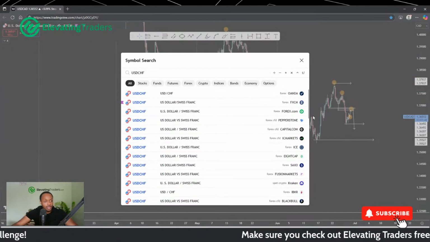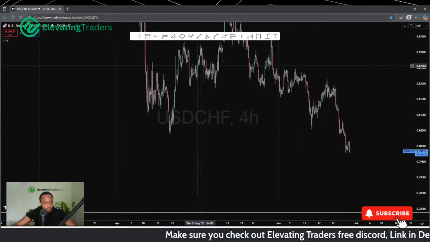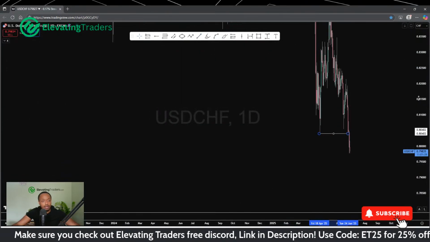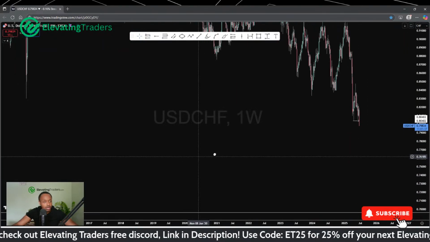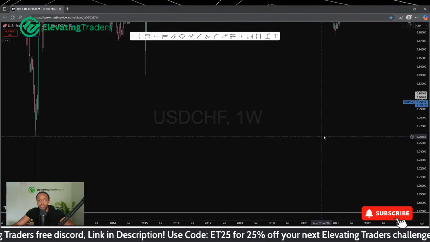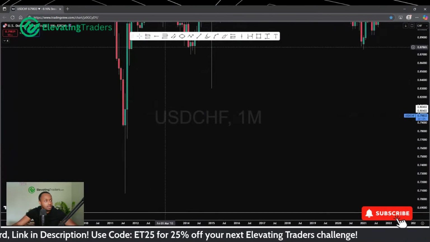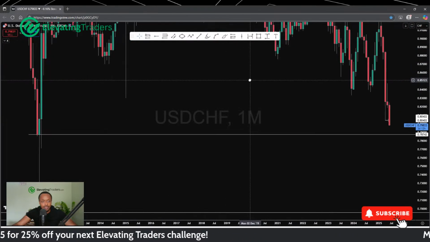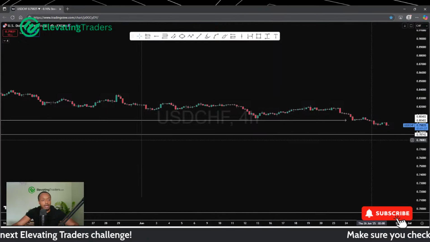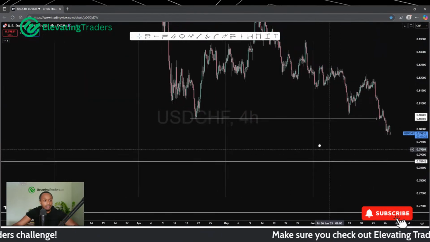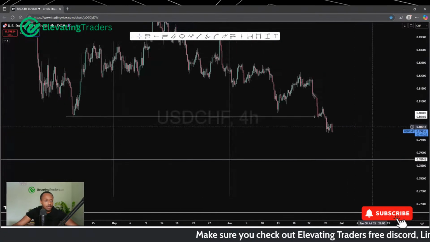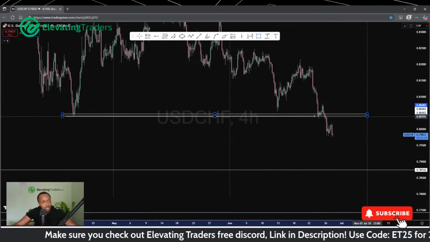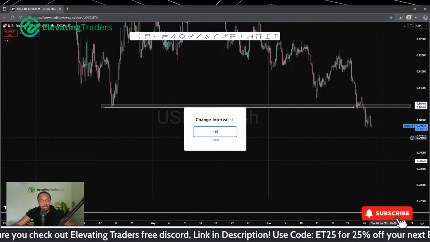Dollar CHF, that's been pretty bearish as well. That one's cracked through support, and I do think we can continue falling. If I expand to the weekly chart, actually if I expand to the monthly chart with dollar CHF, still looking for a drive back into the lows here at 0.787, and we're not too far away from that. Still a bit of a way to go, but we're not too far. I did mention yesterday a retest of this area could be a smart place for a short. I still think it is.